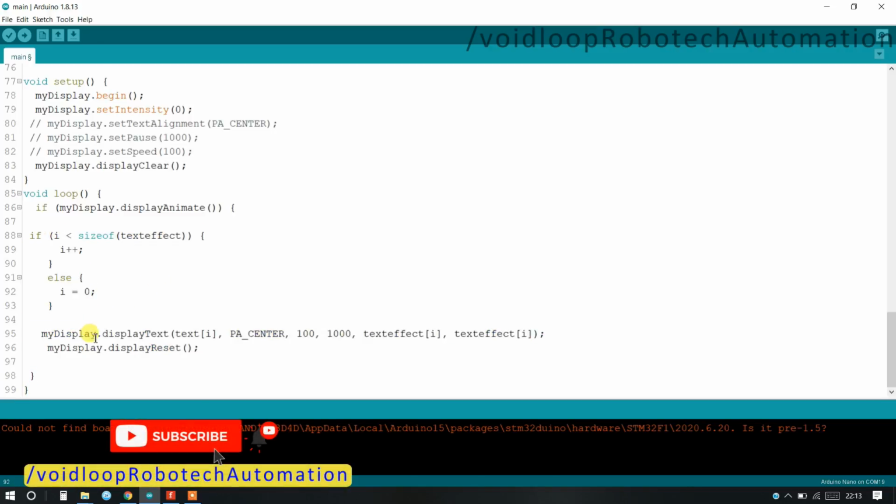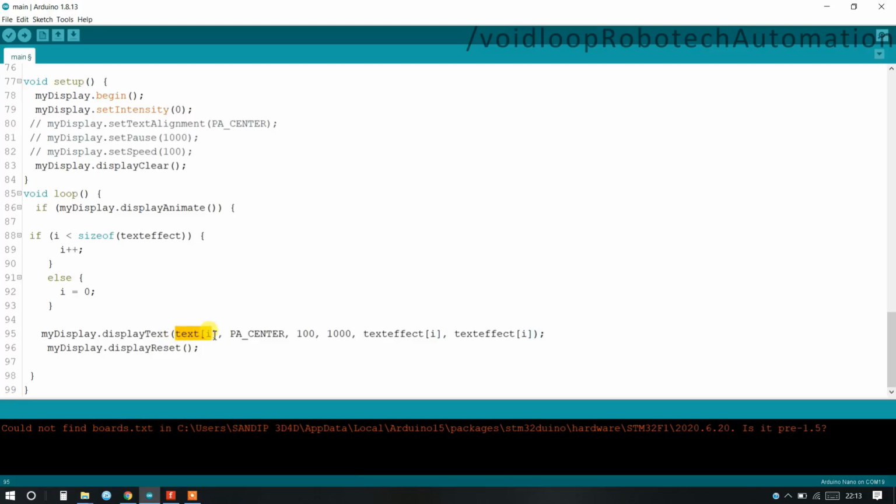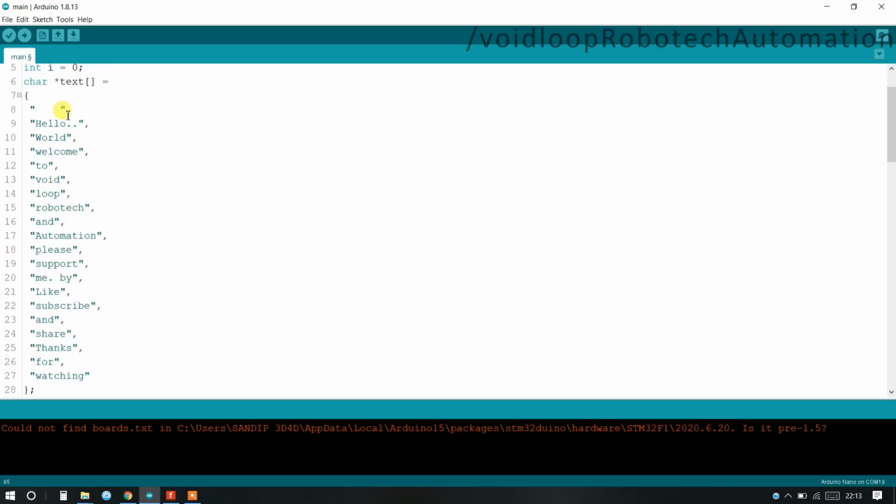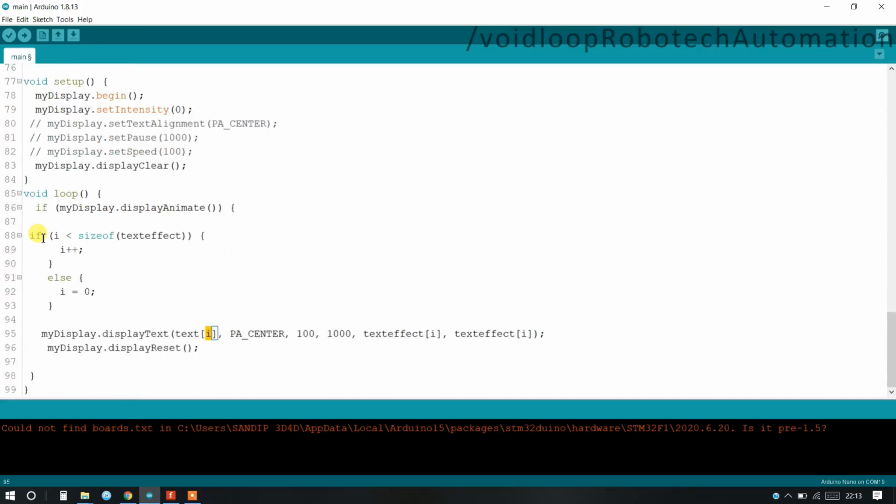So first we will see this line. This is the animate line, this is the text, so the text will change. If I change it, then the text will change. The message is hello world, welcome to white loop, like this. So it will change every time and it will print.